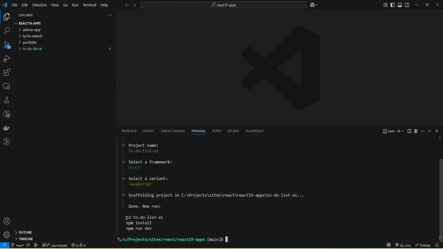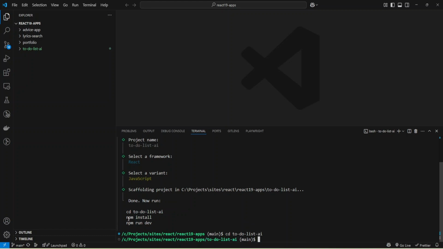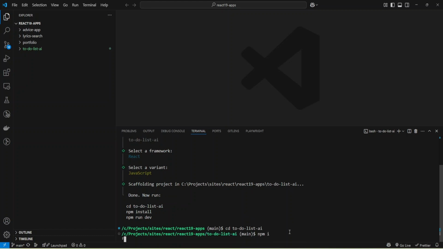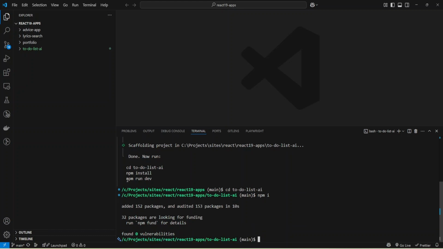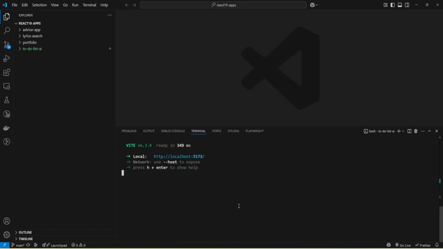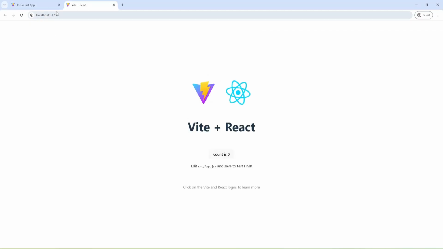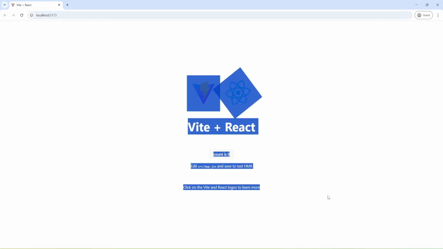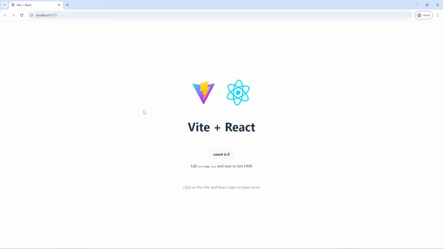And now I can go to my folder with the cd command and install dependencies with the command npm install. And now we can run the project with the command npm run dev and open it in the browser. And we have some auto-generated code and we see some app.